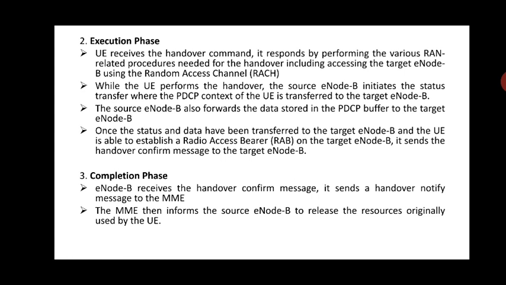Okay, to which one? To the source MME, and the MME then informs the source E node B to release the resources originally used by the UE. Because once the confirmation is completed, there is one more new MME ready to give the service, all the previous MME holding the data has to be released, because it is not keeping all the channels for the user equipment. Everything has to be released.